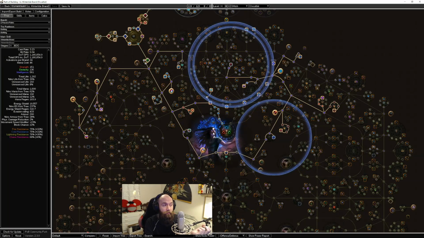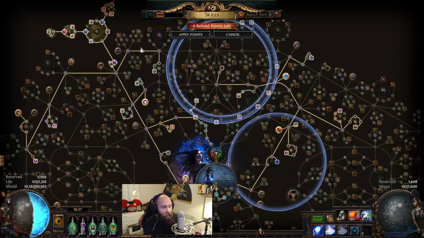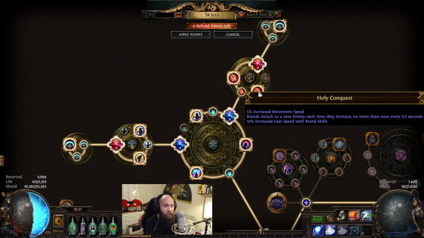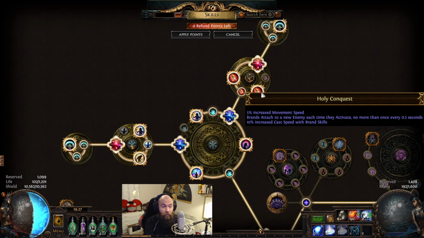When it comes to the tree, I do have my cluster jewels set up, which I can actually show you easier in game, because I can zoom in quicker. The biggest cluster jewel you need at level 40 to make it feel good is Holy Conquest, and that's it. If you have Holy Conquest, you'll feel fine at level 40, leveling it all the way from the beginning as